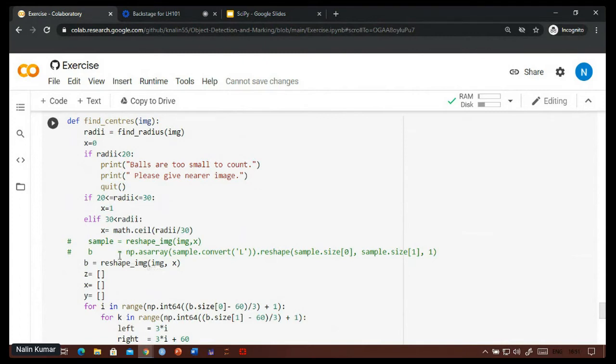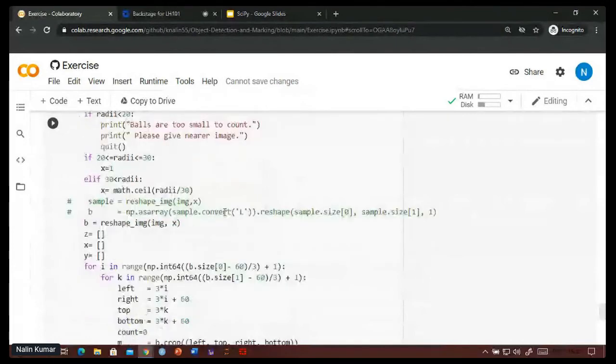To remove that, you look at the clusters of the markings, and with a certain threshold you can eliminate them. Within this threshold, you consider all the markings as a single marking. In this way, you can reduce a lot of markings and remove the duplicate markings to get the correct number of balls. For that, you can use this find centers.